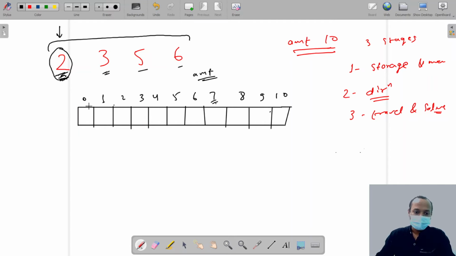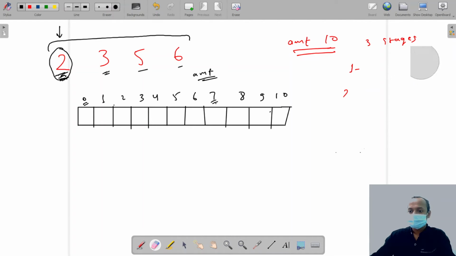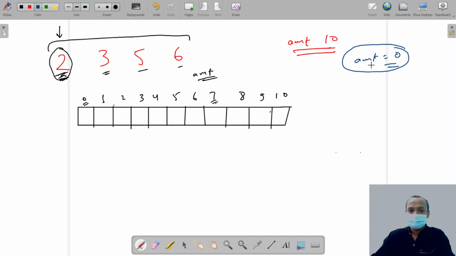So how many ways to pay 0 rupees? If we have to pay 0 rupees, you know how many ways there are? You may say there is no way, but there is one way. That is, if you don't take any coin, it automatically pays 0 rupees. You don't have to pay any amount, so you are paying 0 rupees. So there is always one way to pay 0 rupees.